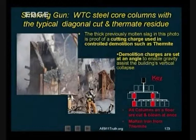The shortest distance between 2 points is, anybody? Straight line. If you're going to be out there sweating your buns off as an iron worker cutting steel, are you going to cut diagonally? More angled cuts. And by the way, they used oxyacetylene torches to cut the steel in the aftermath of 9/11,